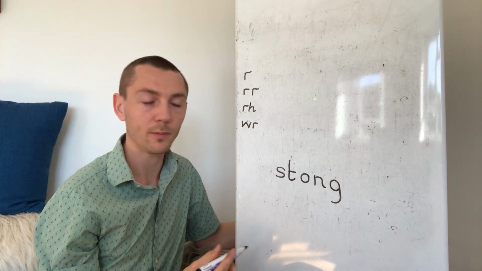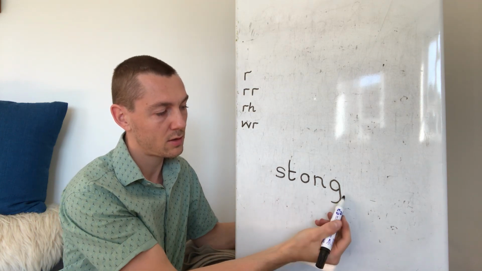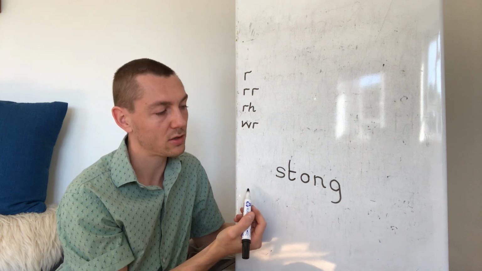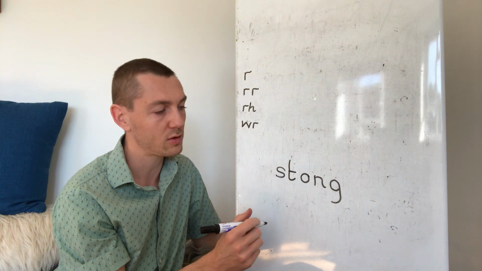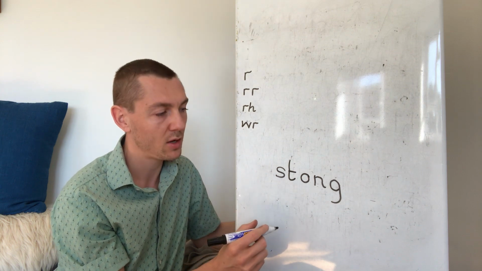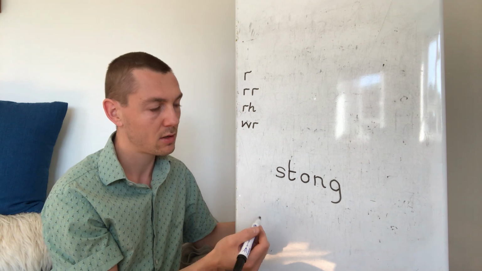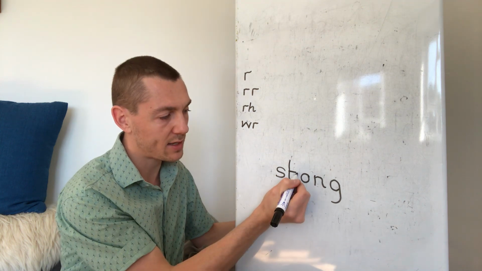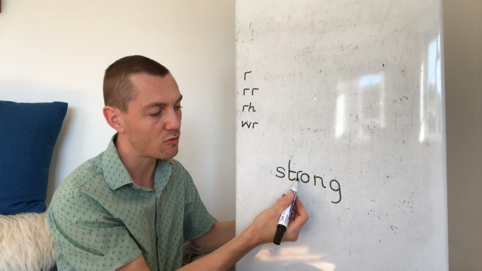Okay, what's the problem? Read the word. Stong. That's not the word I wanted to write. I wanted to write the word strong, so I've missed a sound, haven't I? Where do I need to put that r sound? That's right, it needs to go in here, doesn't it? Between the t and the o. So now we have st, r, o,